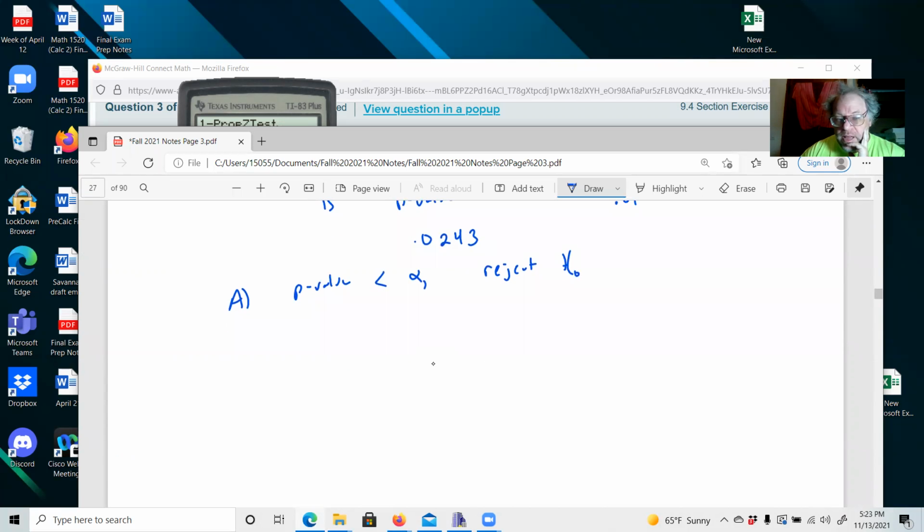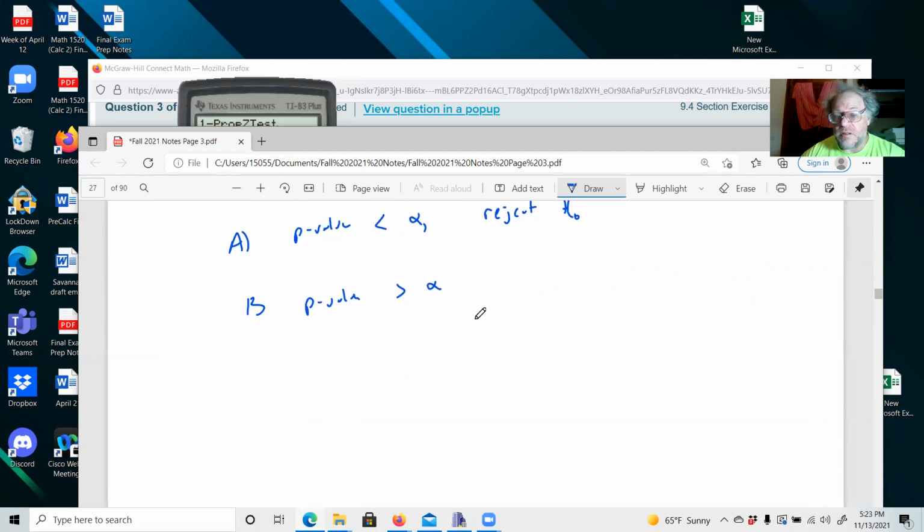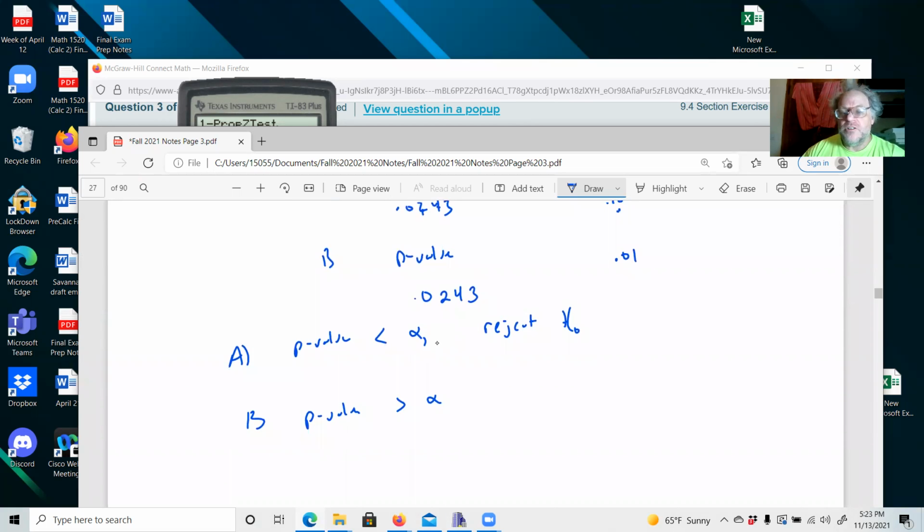Okay. In part B, our p-value is greater than alpha. We said that to be unusual, you have to hit 1%. Our chances were about 2.4%. So since the cutoff is 1% here, and we ended up with 2.4%, we're going to say that's not unusual. It does not demand an alternative explanation. It's low, sure, but it's not unusual. So we're going to say, do not reject